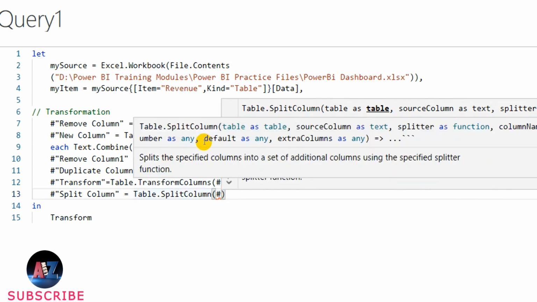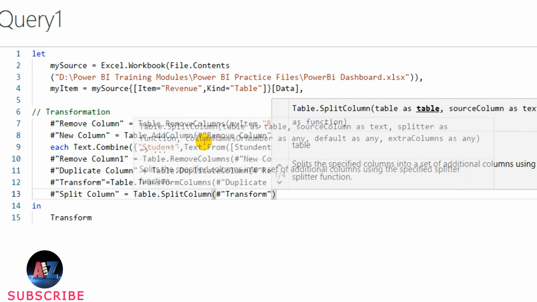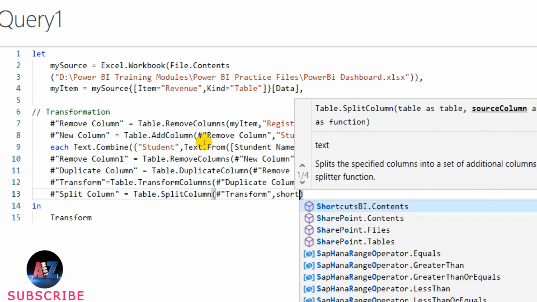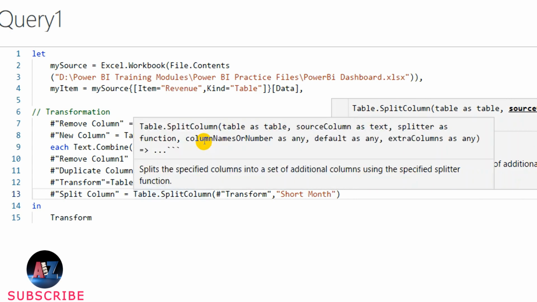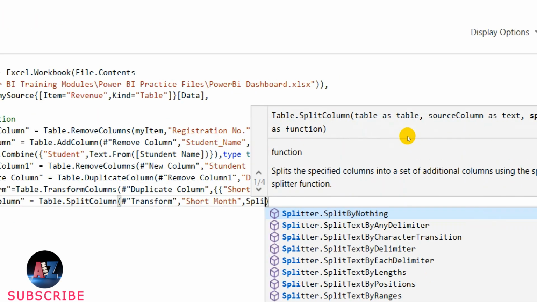The previous step is transform, and then the column name, which one you are using for the splitting, that is short month. And then I need to use a function splitter and split by text positions.